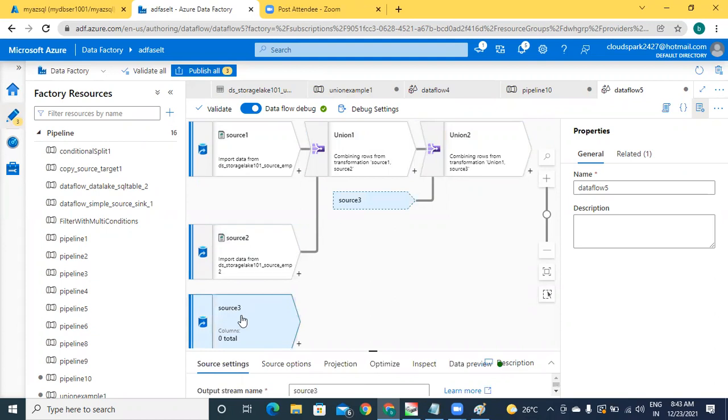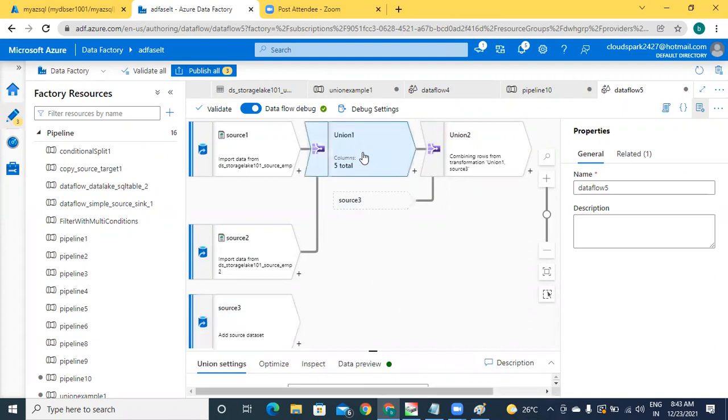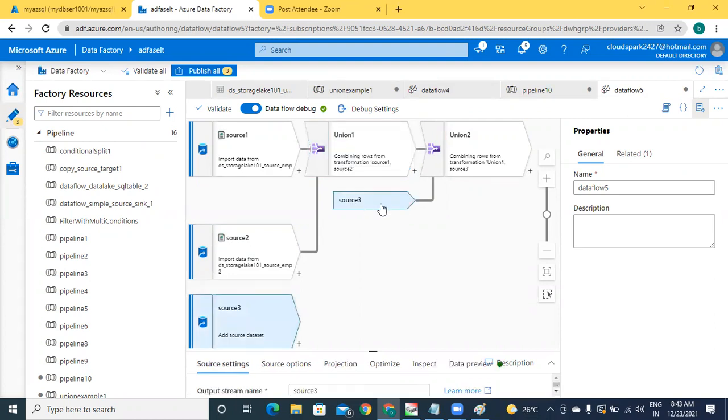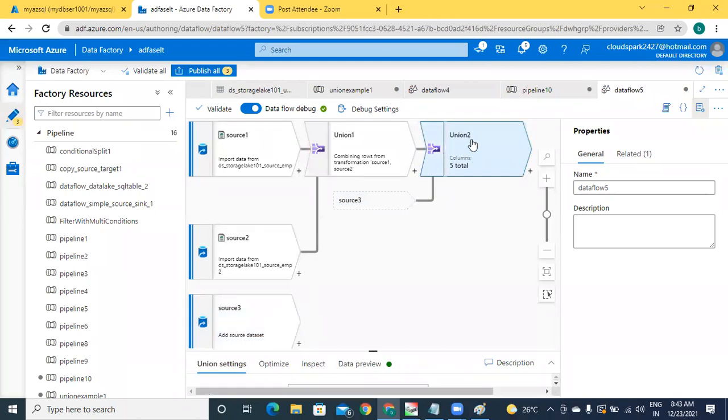How many rows will be the output of union 1? 200 rows, correct? The input source 3 has 100 rows. Now, how many rows will be the output of union 2? Definitely 300 rows, right?